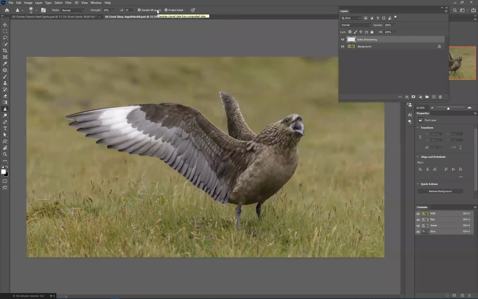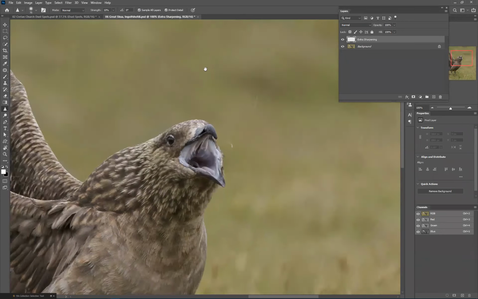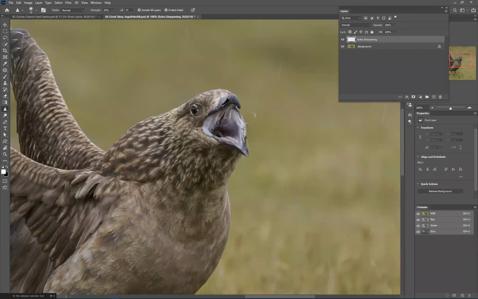It's another one of these, 2 versus 3. So sample all layers, and make sure you've got protect detail set. What we can do now is zoom into an image, and where we paint, we will apply a little bit of extra sharpening. And because we're only working at 10% opacity, every time you paint, you will be adding a little bit of extra sharpening. It's one of those techniques that is just so super easy to use,